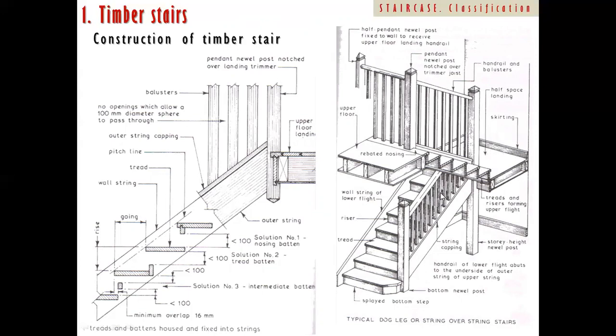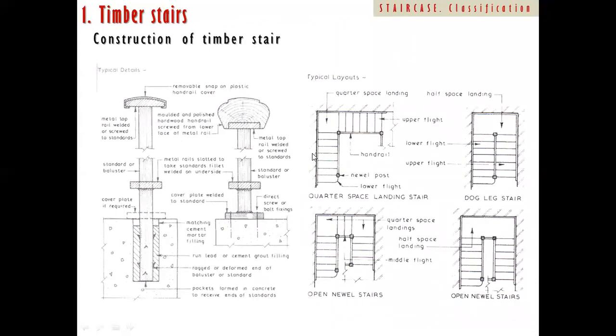These are the balusters. So you can see here, this is my stringer. These are your tread and riser. Look at this. You can cut this portion and fix this into this tread and into this stringer. These are your joists. Same thing. And over this you can fix the floor landing. These are the other details of a handrail.